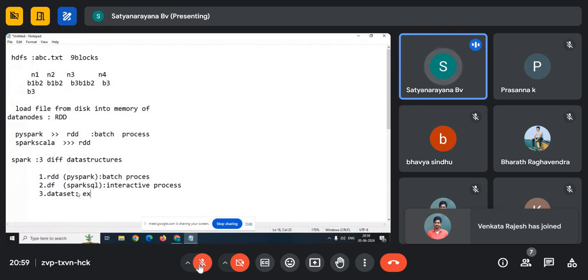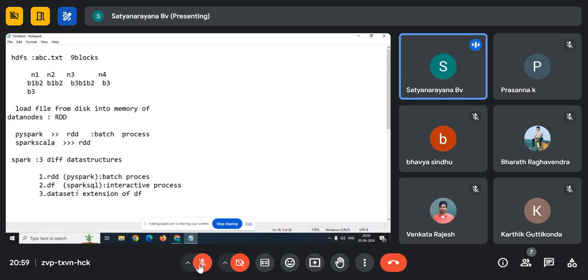But if you ask what is the dataset, sir? A dataset is an extension of the data frame, and it supports a type-safe API.